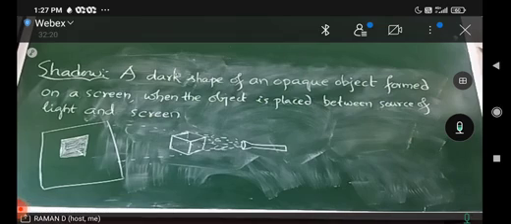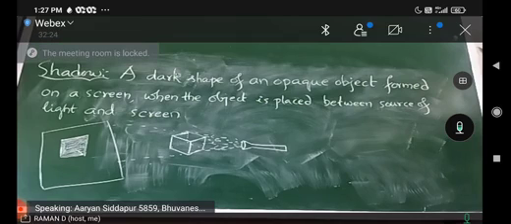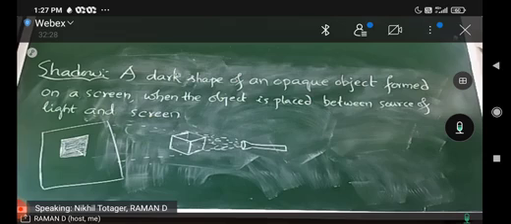Sir, a luminous object, an opaque object, and a screen. A screen, opaque object. Very important. If these two things are there, if light source is not there, can shadow be formed? Shadow cannot be formed without light source, without opaque object and without screen. If these three things are there,